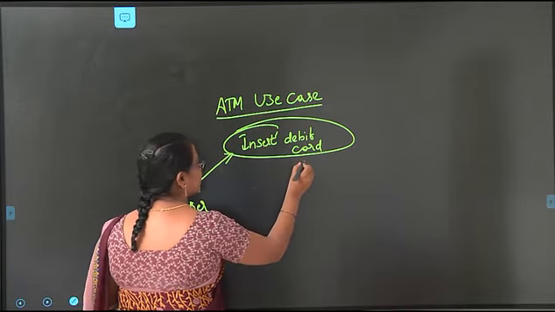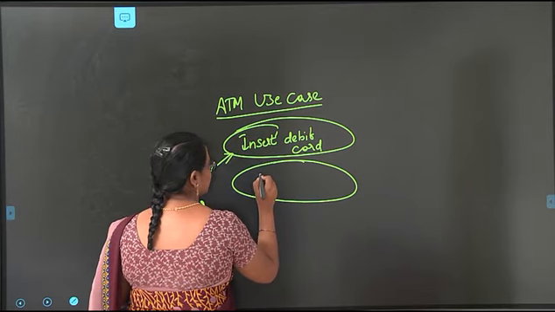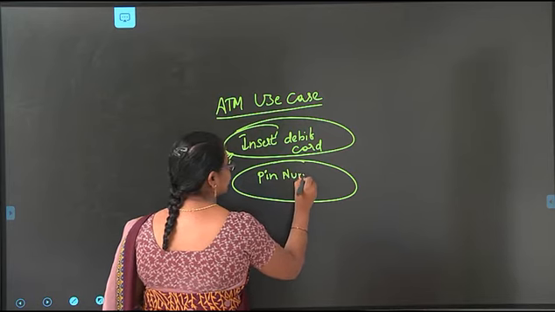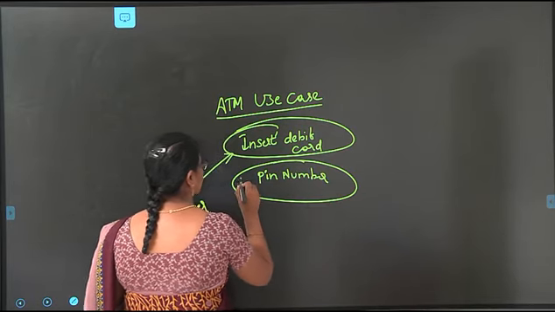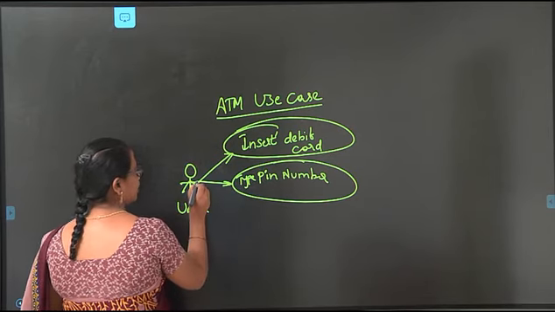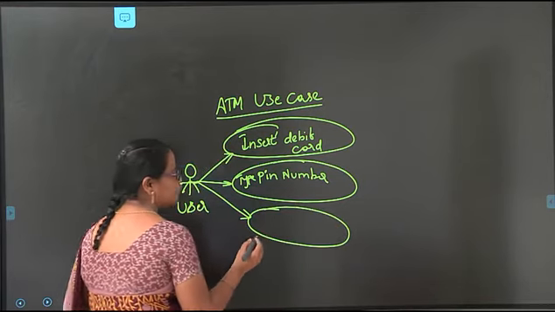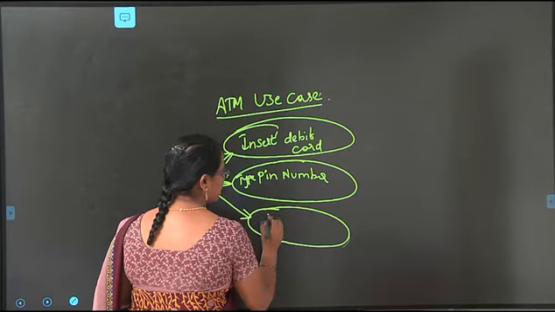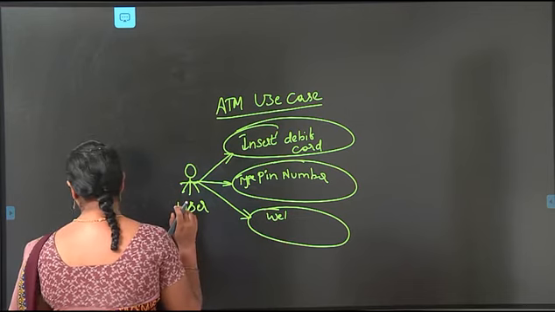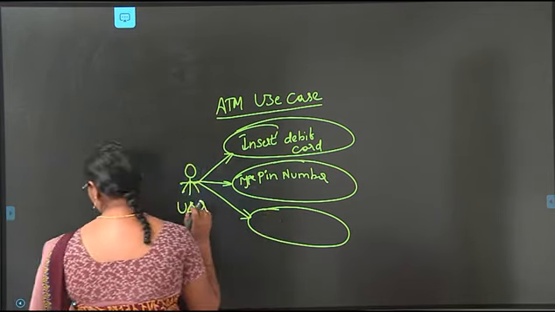After inserting the card into the machine, what do people do? You give some pin number, the secret pin code or passcode. After that, it will give you some welcome option. That will not be written here, because that is done by the machine. We are not doing any transaction with that, so we are not doing any welcome here.